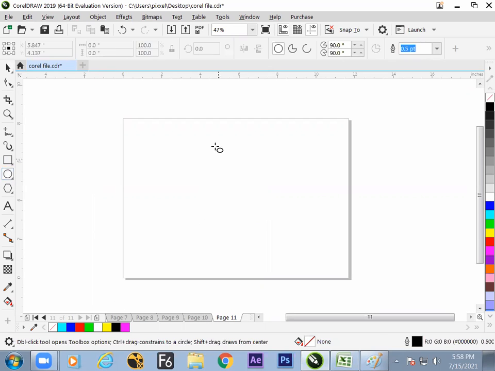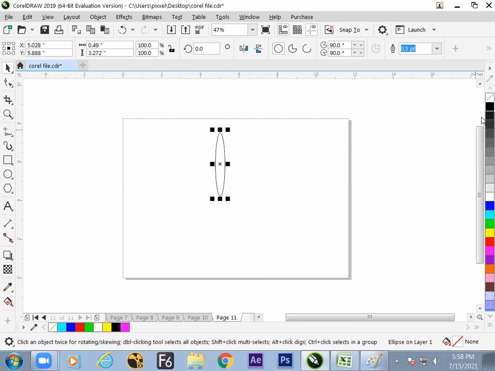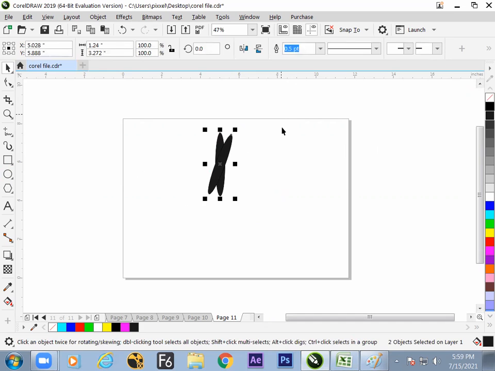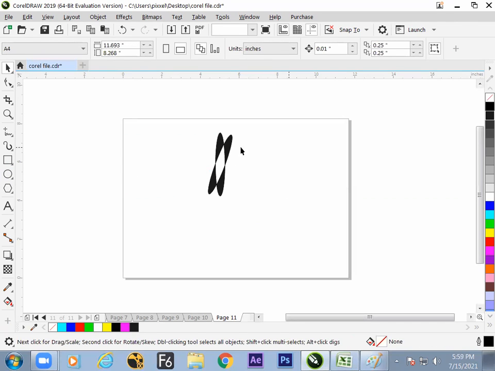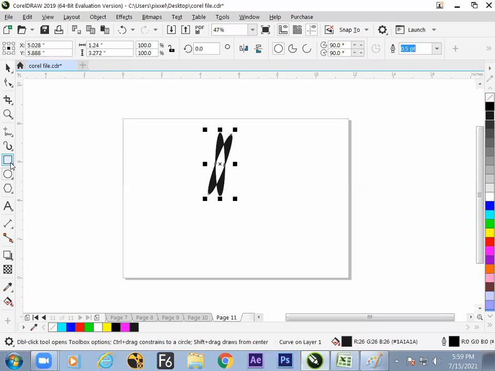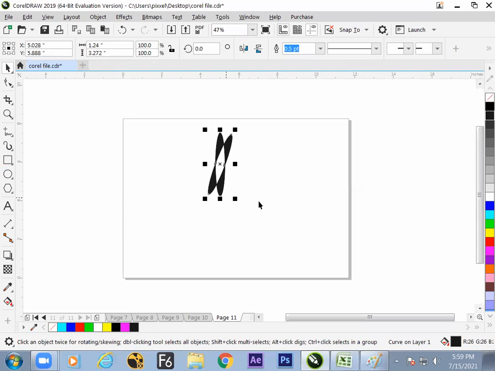So take some circles or ellipses, fill them with color, rotate them a little like this, and combine them. So hope we can see what will happen with a combination of your ellipse tool. We have tried with the rectangle, but you can try with the ellipse, the combined set.